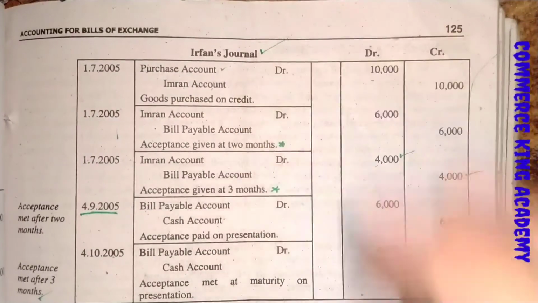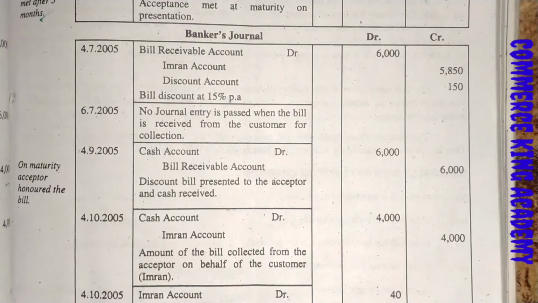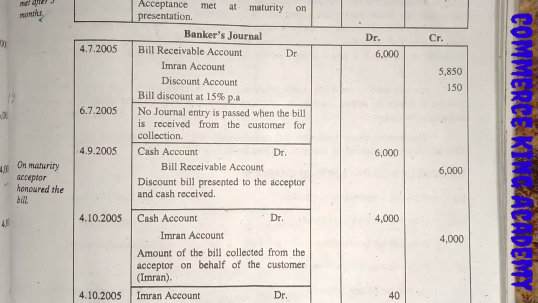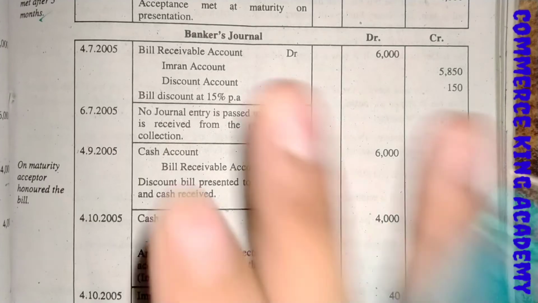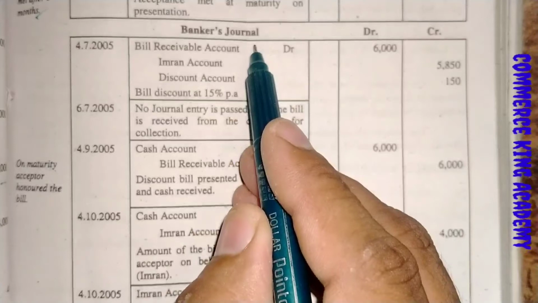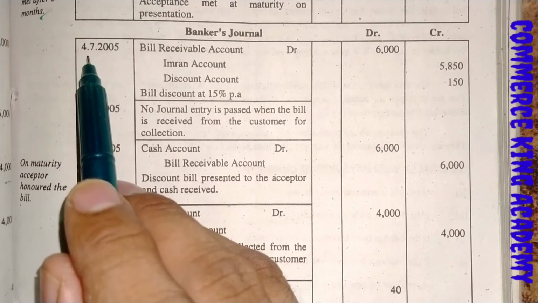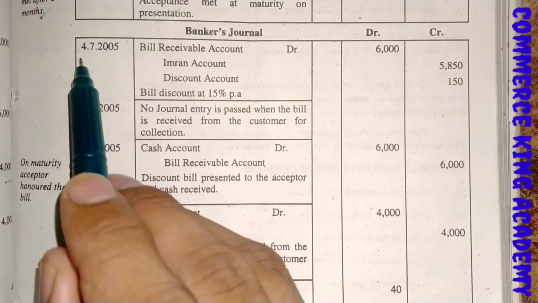So after completion of both parties' accounts as well as their entries, now we will move toward our next party, which is the bank. So the journal entry will be in the context of the journal of the bank. You can see here the bank's journal. Okay, so the first entry will be in the books of the bank on 4th July 2005,